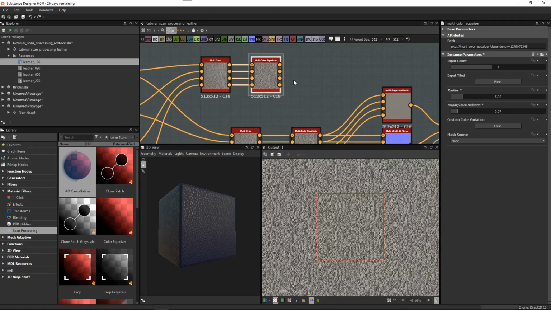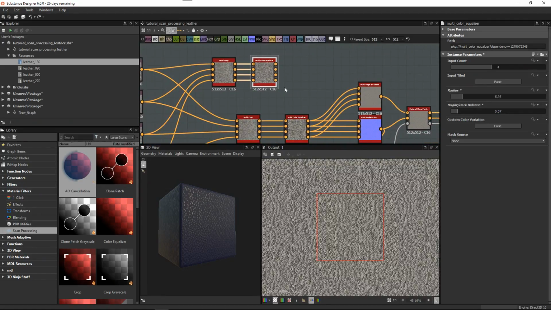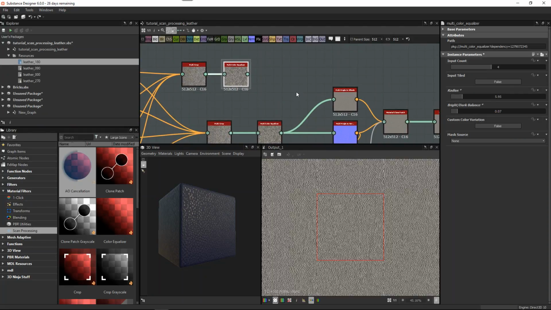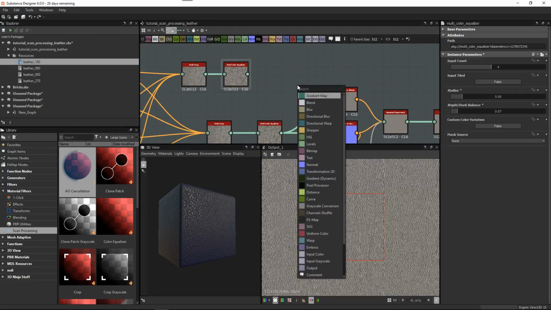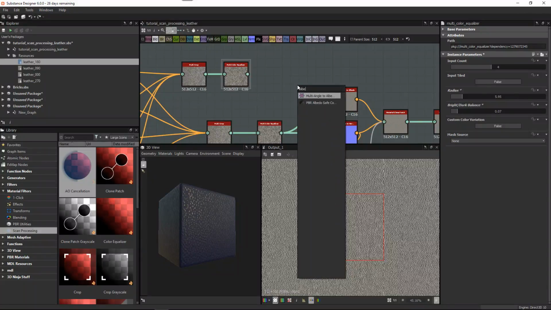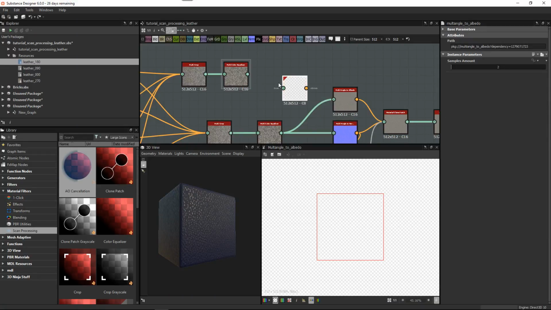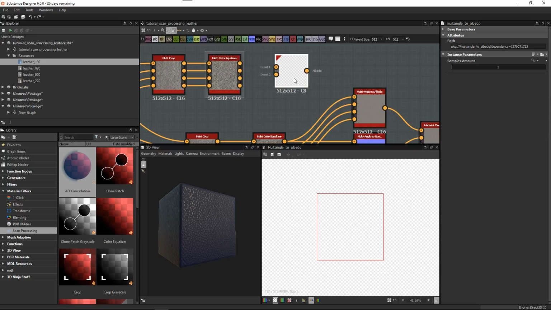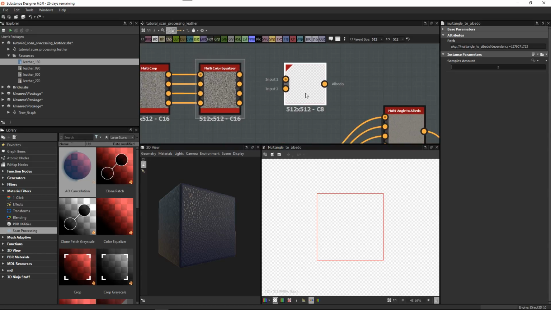Okay, so bam, we just equalized that. So now that we have that in place, we would then go through the process of extracting data. So let's take a look at that. Here, if I do a search for albedo, we have this multi-angle albedo node. I can't always say that. I keep forgetting the L. All right, so if we take a look at this guy here,